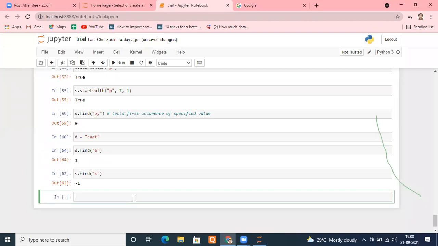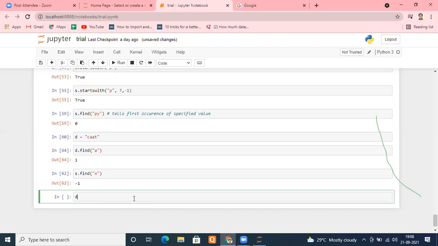Don't worry. If you are scared of the -1, Python understands that people may get scared. A few people understand, okay, -1 is the index of the last character, and find is also returning -1. So Python always provides some solution for you. Mr. Van Rossum, who created Python, had an idea: people might get confused, so let me do something else for you.